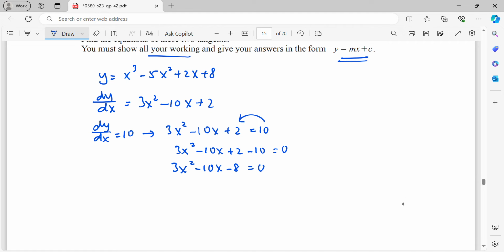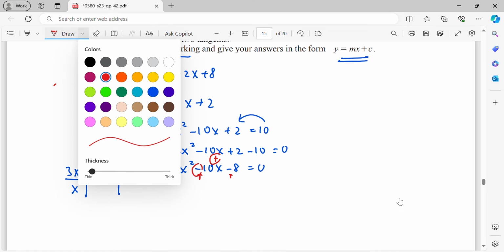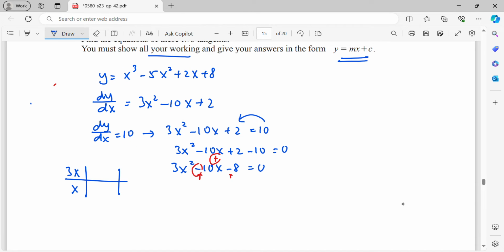And now you factorize this. This will be 3x and x. So look at the sign here. This is minus times plus, so it will be minus. So I need to have these two signs in my factorization. And to get 8, it will be 4 times 2, or 2 times 4, or 8 times 1. So now, to get minus 10, I will have to write minus 4 here,